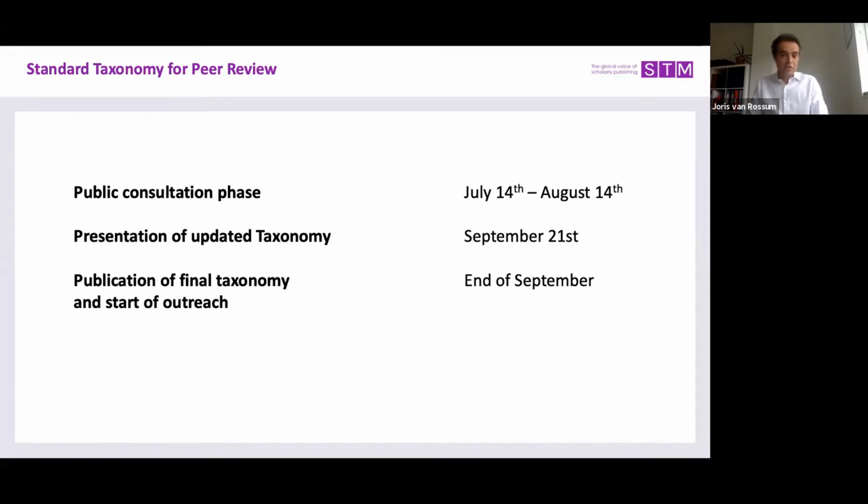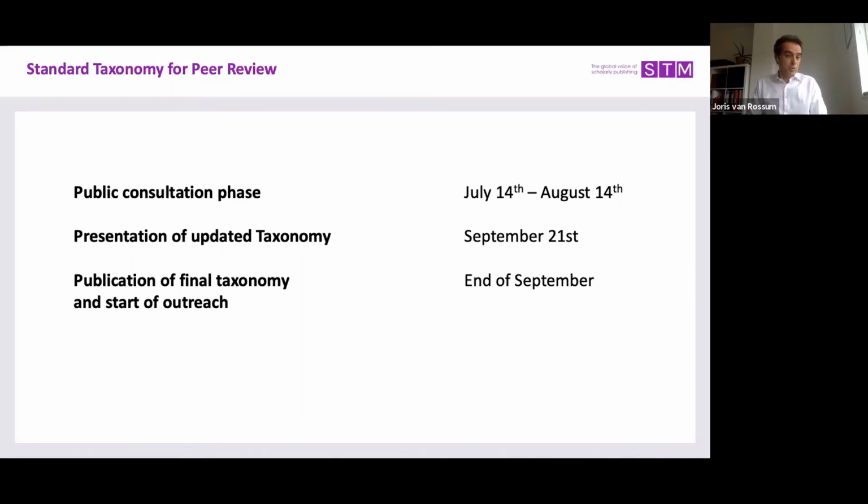I think the theme of this year is trust in peer review, which is very much related to what we aim to achieve with this taxonomy, bringing more trust and transparency in the peer review process and bringing clarity here. And then we have a small window for some last changes based on feedback. And then we have the publication of the final taxonomy by the end of September.